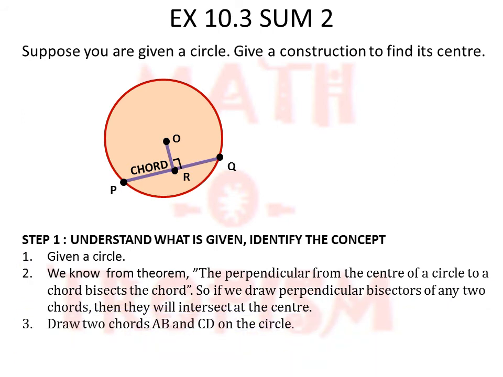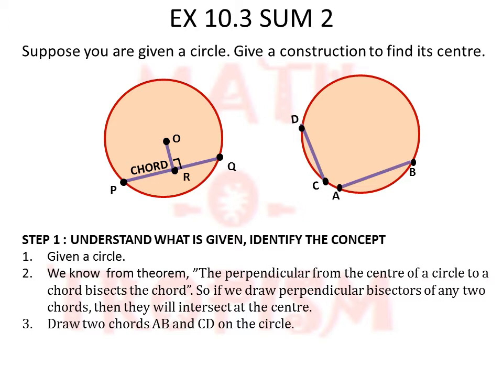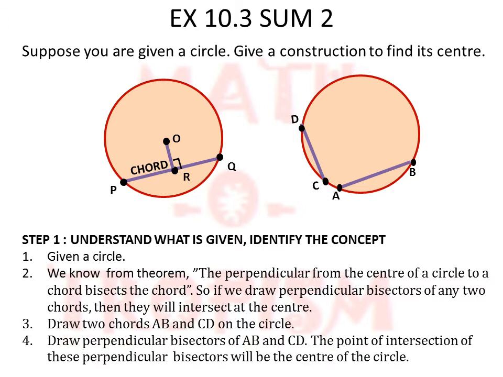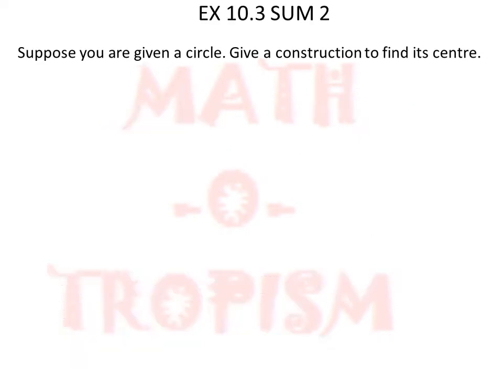First we will be taking a circle and we will be drawing any two chords AB and CD. It can be of any length, it can be anywhere on the circle, you don't have to bother about that. Next what we will be doing is we will be drawing the perpendicular bisectors of that. So when we draw, both the bisectors are going to intersect at some point. That point is the required center of the circle.